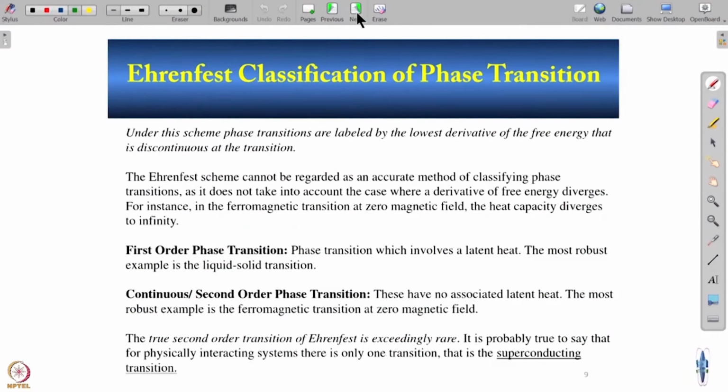Now, when this was done, another brilliant physicist, Ehrenfest, came up with something. He noticed something very interesting. He noticed that there are some phase transitions where entropy undergoes a jump, like melting, the liquid-solid transition, and the gas-liquid transition away from the critical point. There is a jump, like in water, 40 kilocalories per mole, or 80 calories per gram, I don't remember those exactly, but they are finite changes. However, when you go to the critical point, then specific heat diverges,